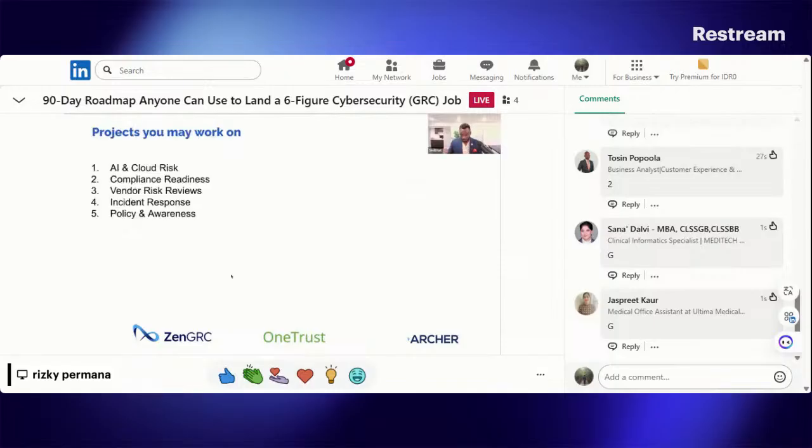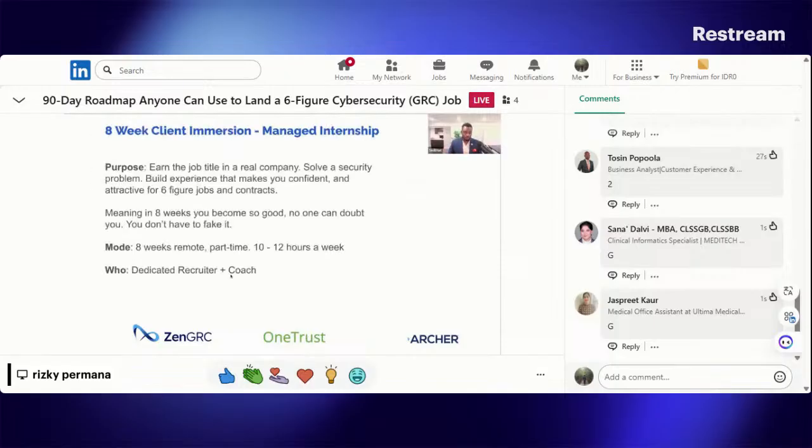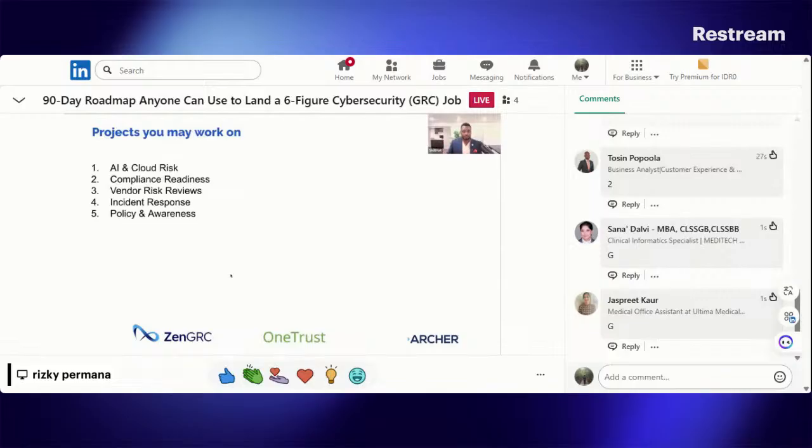And so how it works, I'll show you shortly, but what would you do with these companies, right? So you may help them, like they're trying to implement AI, for example. So you might help them figure out the risk and the guardrails and data privacy and protection. You may help with compliance readiness. They may have third-party vendors that they're using who they have to vet to keep themselves secure. So you may be doing vendor risk analysis. This is a popular role called TPRM, which means third-party risk management.